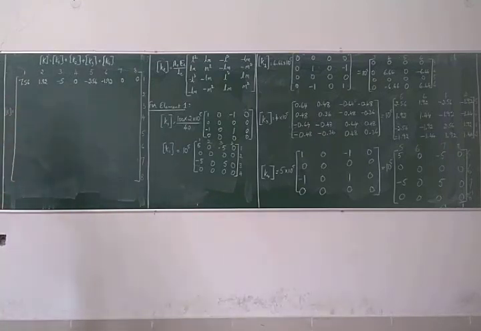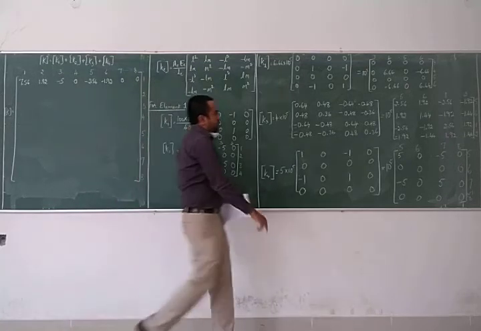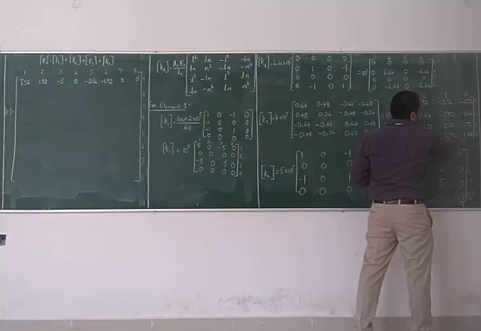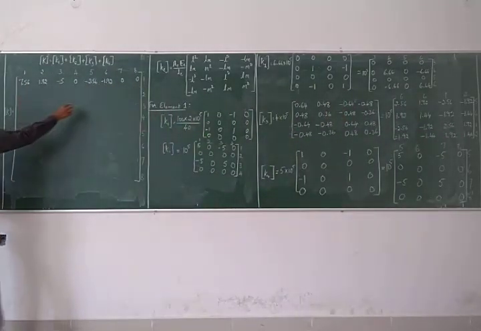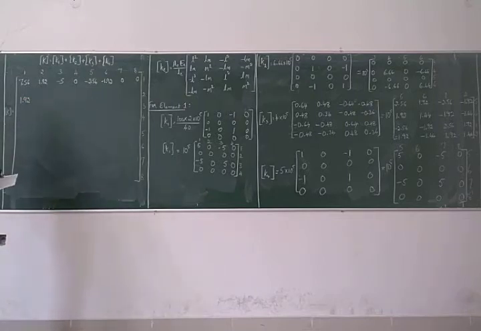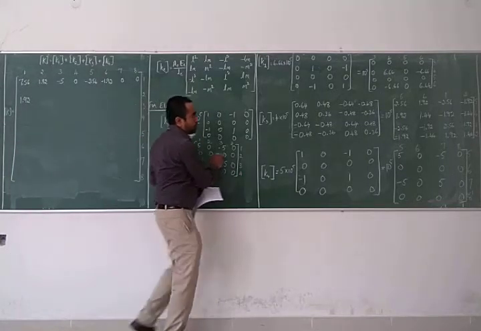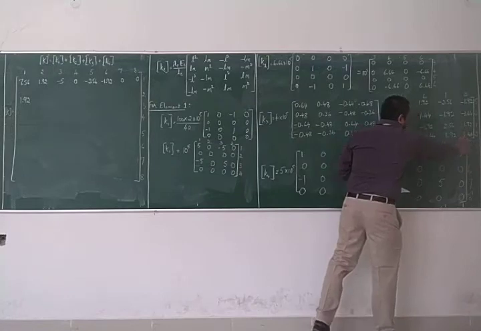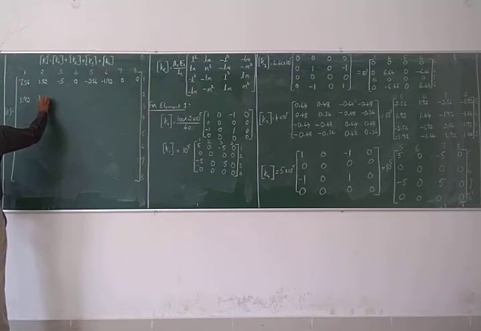Now further going to the second row. Column 1, second row is 0. Similarly, column 1, second row is 1.92. So 0 plus 1.92 will give me 1.92 as the value for second row, column 1 element. Now second column, second row. Second column, second row is 0. Here second column, second row is 1.44. 0 plus 1.44 will give me 1.44.